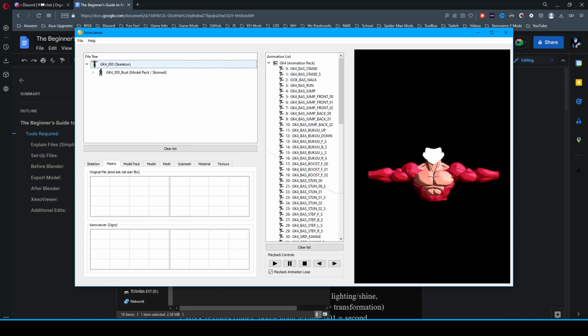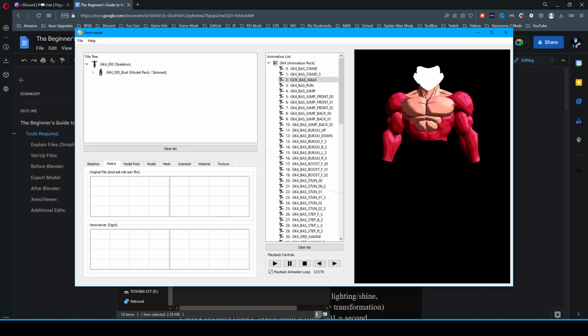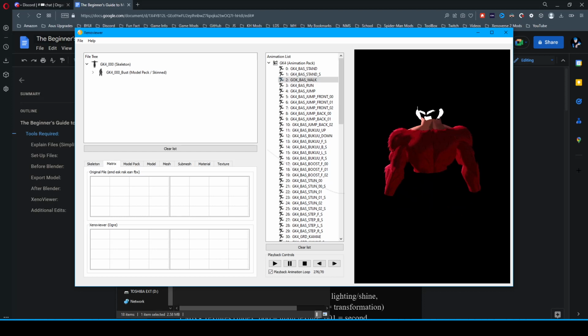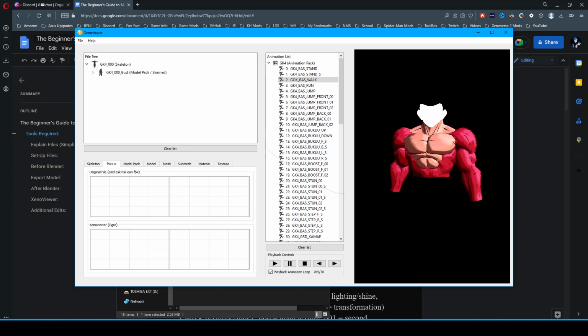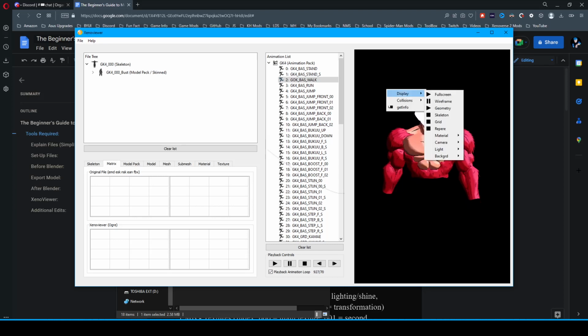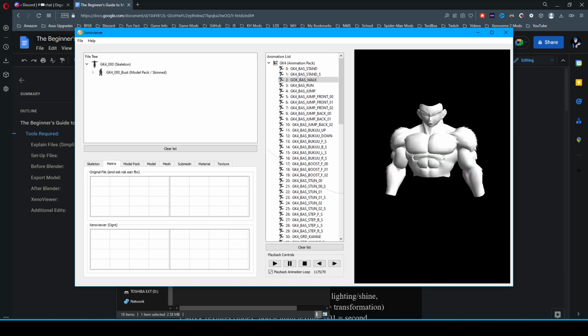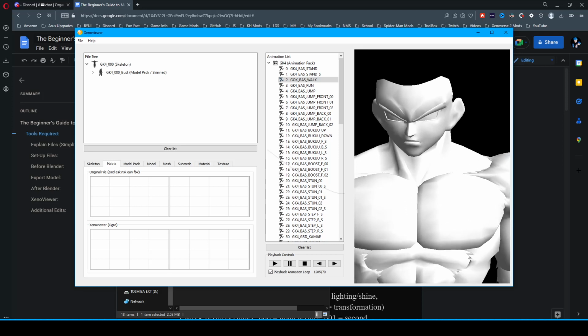So I just drag the bust to the skeleton, double click on any of these, and now I can see that the animation is correct. So now I know the export was done correctly. Now my face is all white here because there is no color ramp inside the DYT EMB for this material. So for now I'll just set it to be a different material, just so I can see any mistakes.